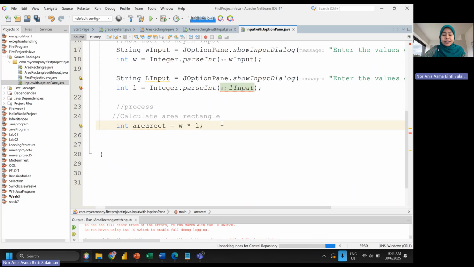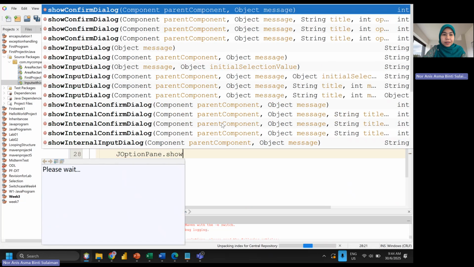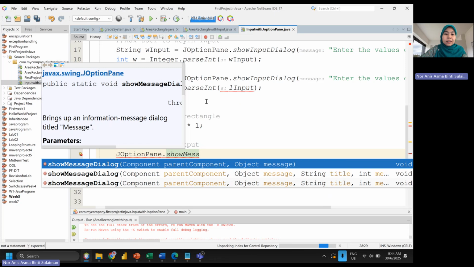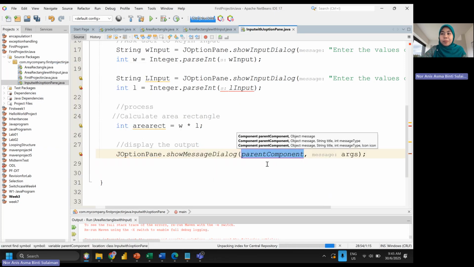Okay, so this is done and we want to display the output. How do we display the output using JOptionPane? First, J and O capital, Option, Pane, P capital, dot showMessageDialog. For the parent here, you just put null.